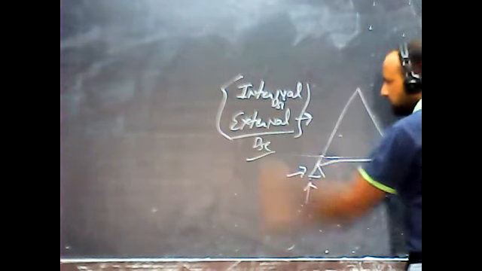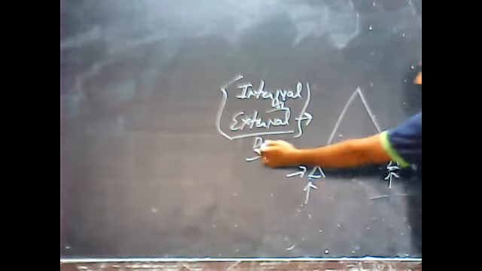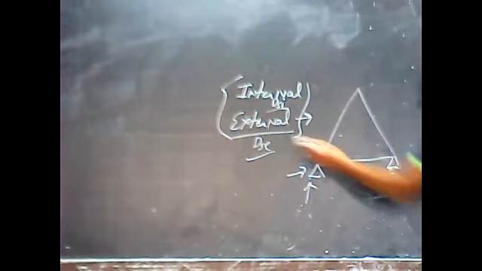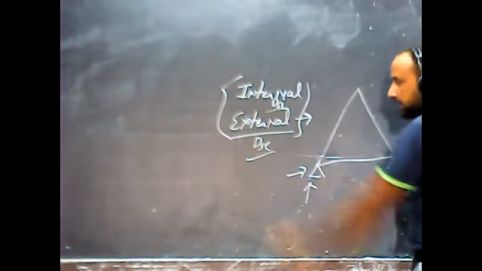And otherwise you can make your own notation as well. That is not a big issue. Otherwise there is a convention, generally books follow this one, so I consider it as well. DSI, DSE, that is static determinacy. DS stands for static, D is determinacy, E is for external or I for internal, whatever it is. So external indeterminacy belongs to the support reactions.